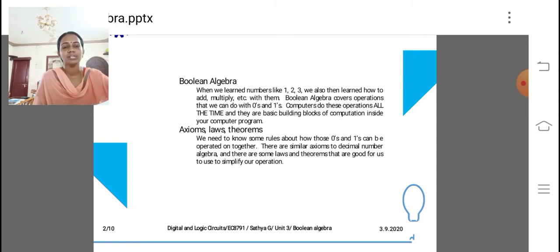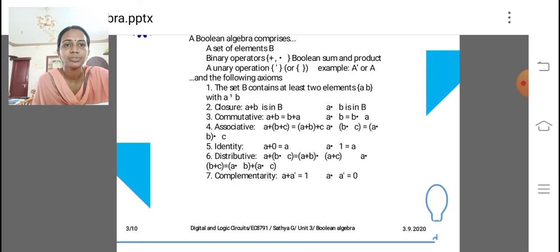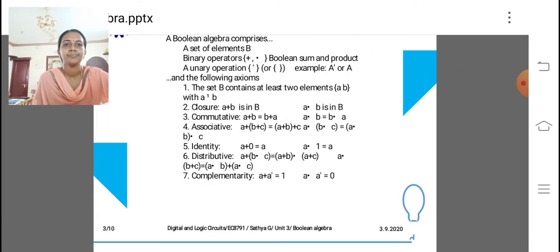Next we are going to discuss some Boolean algebra units, that is, the different laws in the Boolean algebra concept. The first is the commutative law, then the associative law, and the distributive law. These three laws play a vital role in digital circuit design.